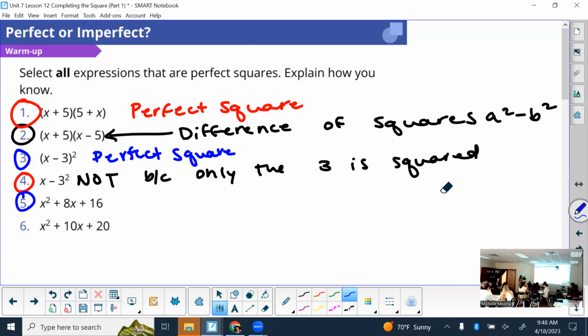Okay, so the only way I know how to factor a trinomial is by the diamond method. What would go on top of my diamond? 16. What would go on the bottom? What are 2 numbers that multiply to 16 but add to 8? 4. And